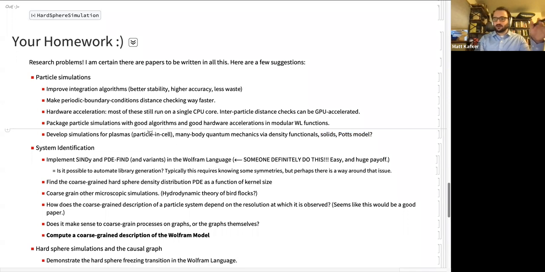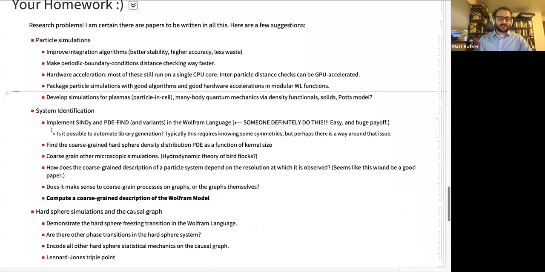Yeah, and plasmas are tremendous from my understanding. System identification. Put SINDy and PDE-FIND in the Wolfram language. Somebody listening to this should do this. Last night, I finished putting together this talk at like 4 o'clock in the morning. It sucked. At like 2 o'clock in the morning, I figured out how to do that really basic crummy SINDy example. What this means is that to do a high quality version of this and put this code in the Wolfram language is not going to be that hard. And like I said, these papers came out 6 years ago and they have thousands of citations. People are using this like crazy. So put it in the Wolfram language. It's not going to be that hard.